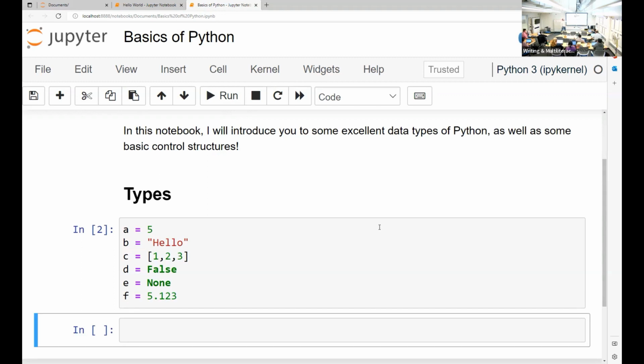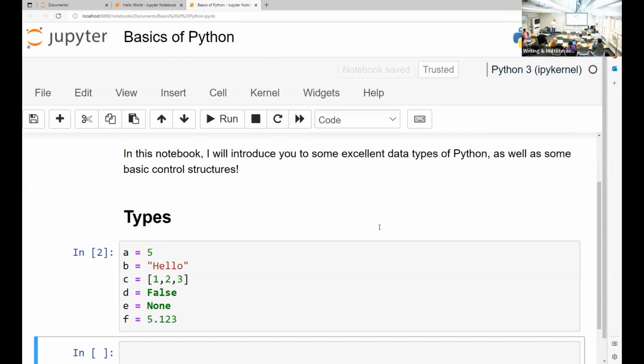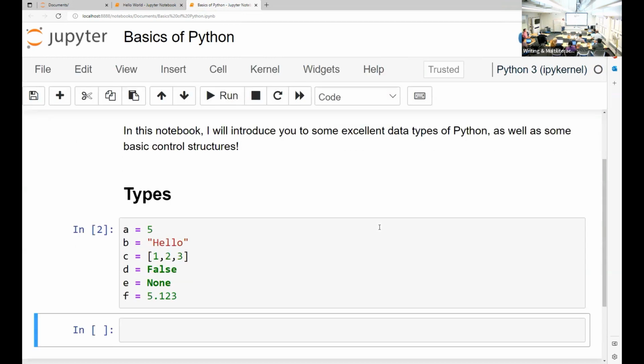So what we have here is A is an integer. An integer is like a whole number, but also negative whole numbers. If you think back to math, -1 is an integer, plus 25 is an integer, 5 is an integer. B, this is a word, right? Like in common language. But in computer terms and in Python terms, this is called a string of letters. So it's like a bunch of letters strung together. It's a really weird way to think about words, but any text-based data is called a string,